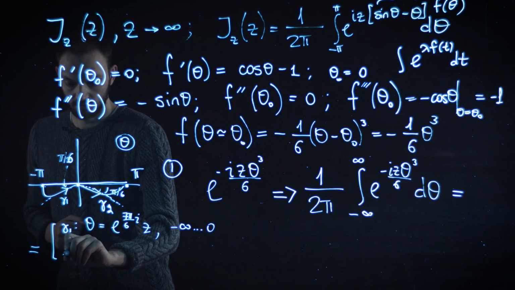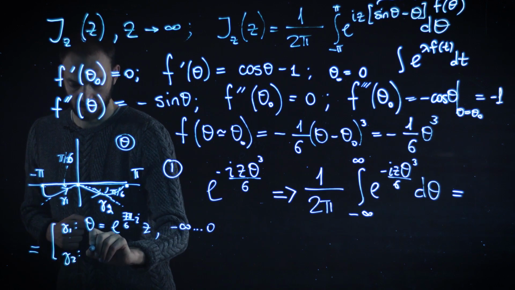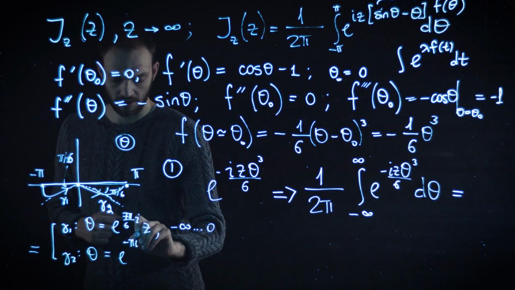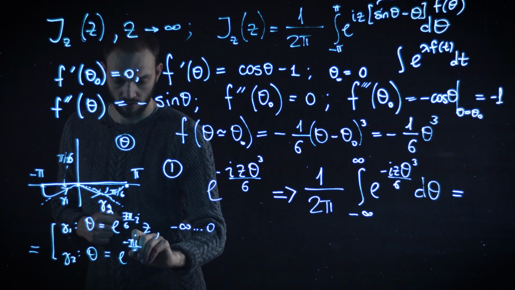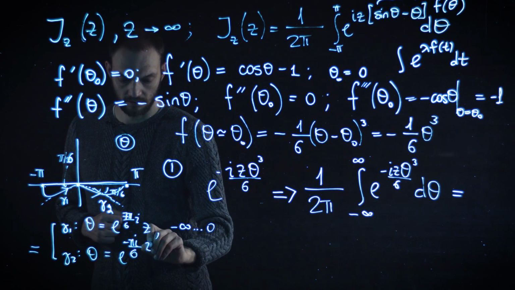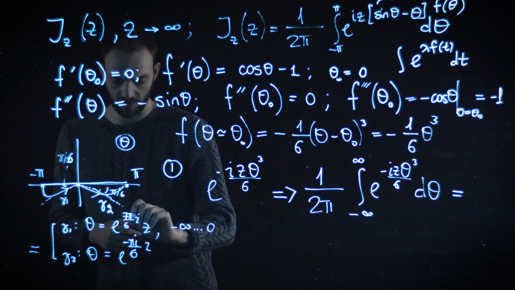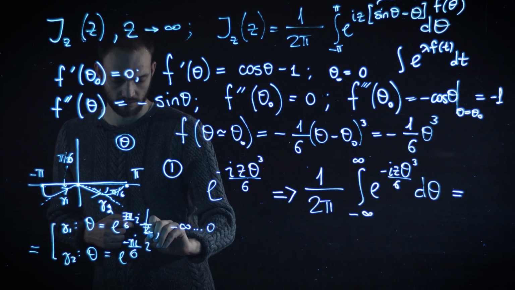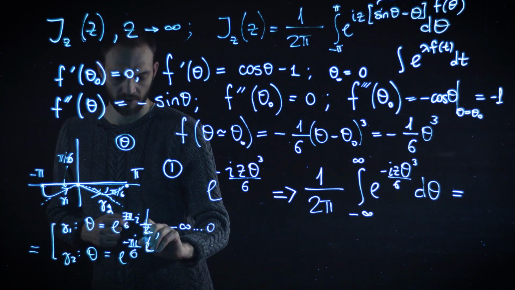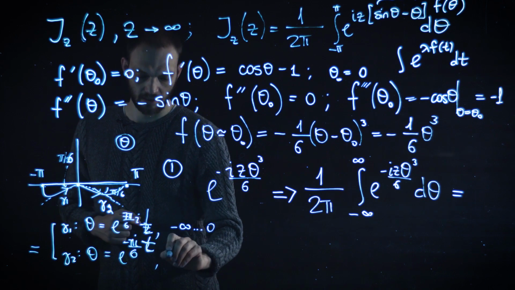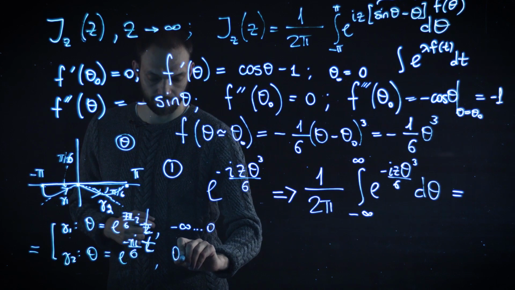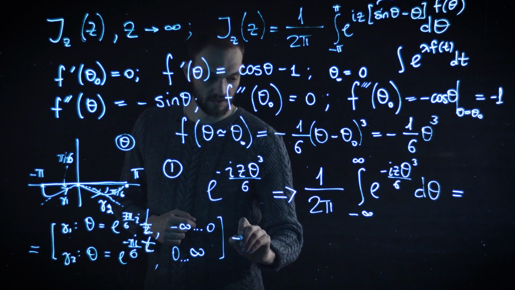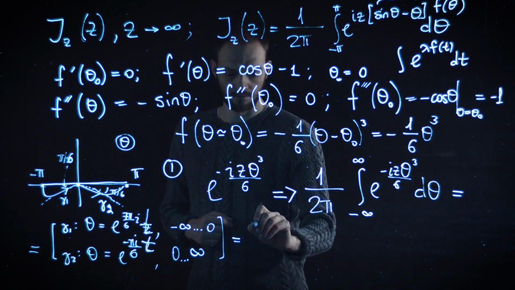And at gamma 2, theta is exponent of minus pi over 6. Sorry, the notation could be confusing, so let me use t instead of z. And this is exponent of pi over 6 times t, again with t going from 0 to infinity. After this change of the integration variable, the integral becomes